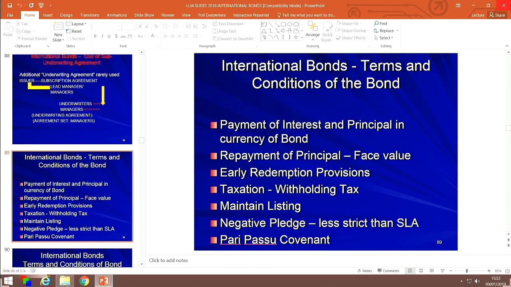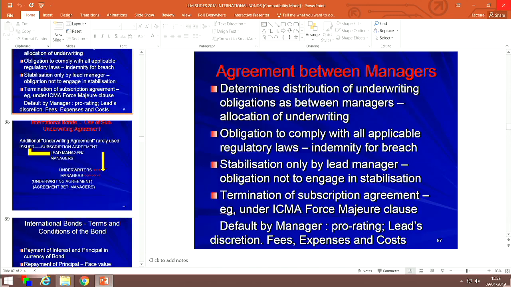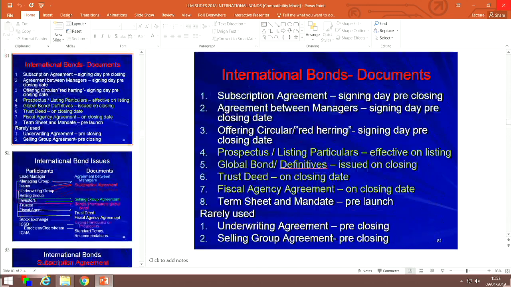On closing date, as I said to you, hang on, have I got the diagram again? Yeah. On closing date, that prospectus becomes effective on the stock exchange. It's now in absolute final form, and it becomes effective as an approved document for listing purposes. On the same date, closing date, something else is signed off, the global bond, reflecting all of the bonds sold in the bond issue. If there are definitives, they would also be printed and made available on closing date.